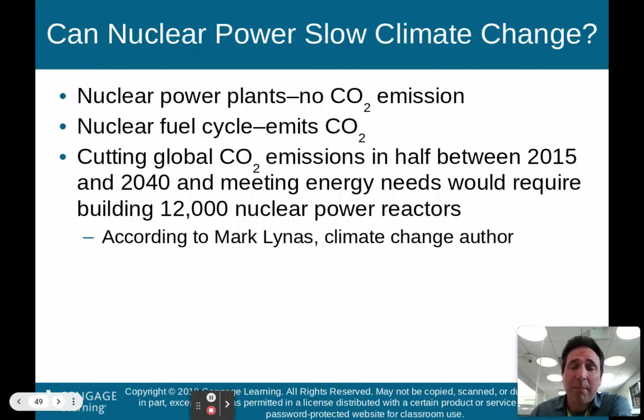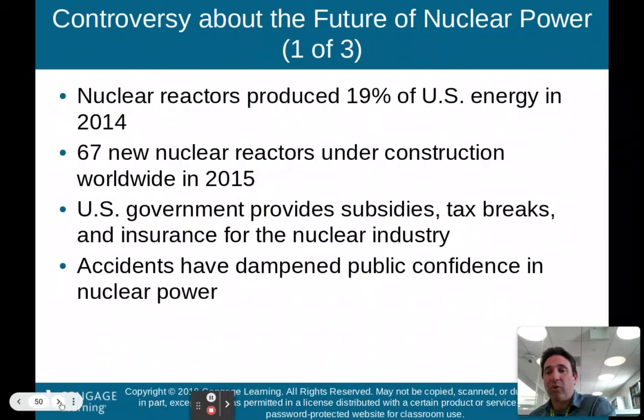Okay, so basically, while we thought nuclear power was going to be the key here, when you actually do the nitty-gritty, you would need so many nuclear power plants to actually begin to cut those carbon dioxide emissions that at the end of the day, at least right now, it's not cost effective and it's maybe not the way to go. And what we'll talk about is renewable energy in another chapter, right? The wind, the solar, the water power, that's maybe where we need to be heading to sustain ourselves over the next 100, 200, 300 years, etc.